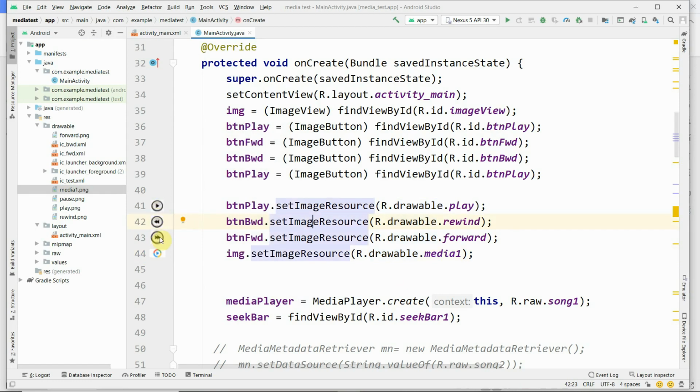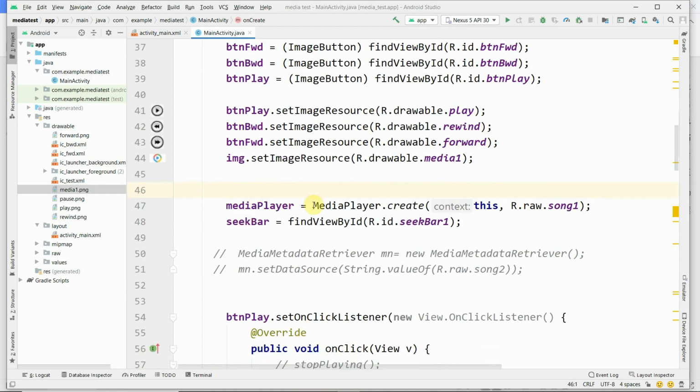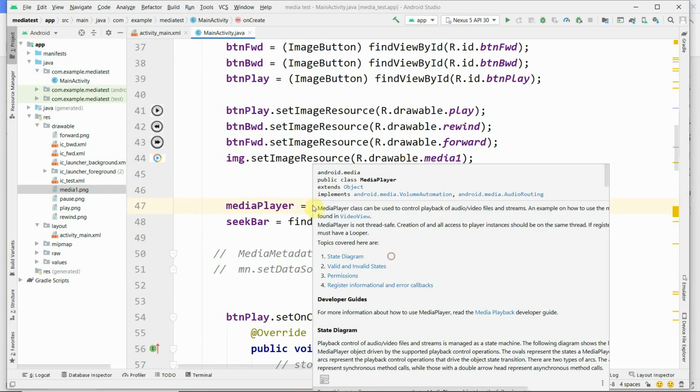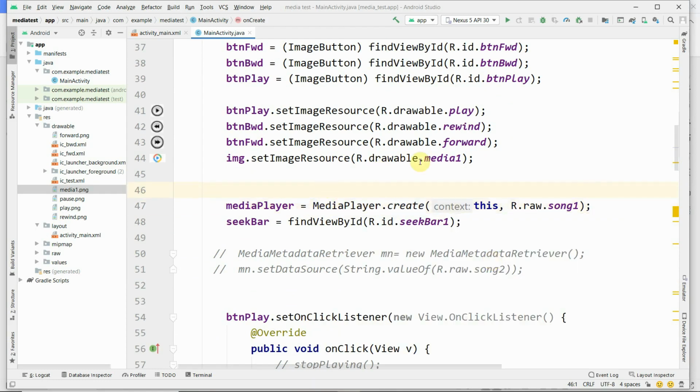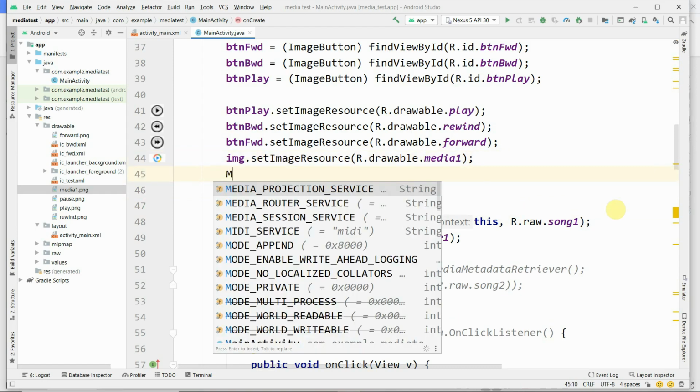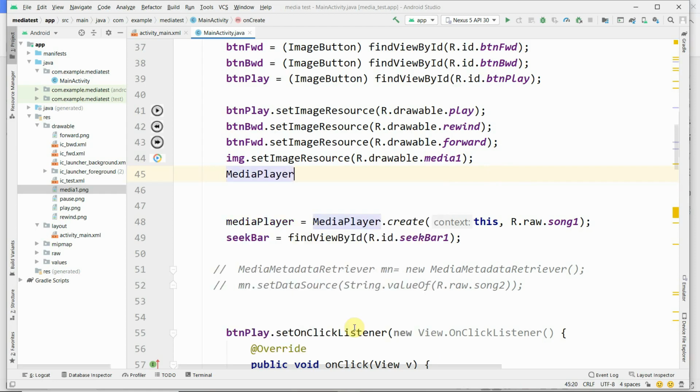Now the next thing is you have to create the media player. To create the media player you have to select the create method from MediaPlayer. When you type the MediaPlayer class name, if you just type some characters, it displays the full word.